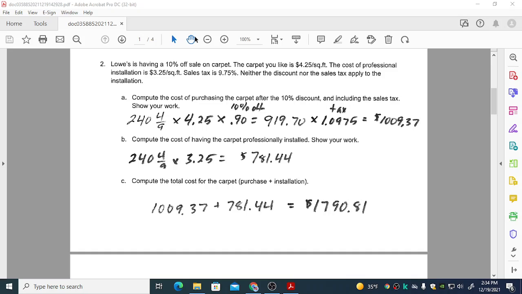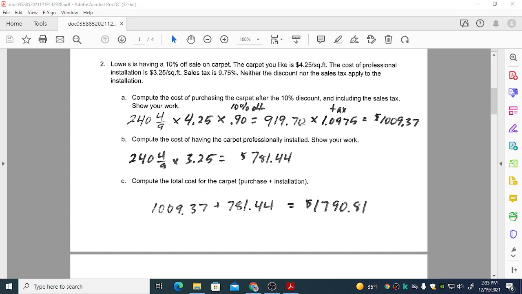So on question 2, you look at carpeting. There's a 10% off sale from Lowe's. So we're going to first calculate the carpet. We have the square footage from problem 1 times the 4.25, which is the cost per square foot, but it's 10% off, so we're going to multiply it by 0.9. Now we could multiply it by 0.1 because it's 10%, but then we would have to subtract that from that price. So it's easier just to subtract the percentages. 100% minus 10% gives me 90%, so I get